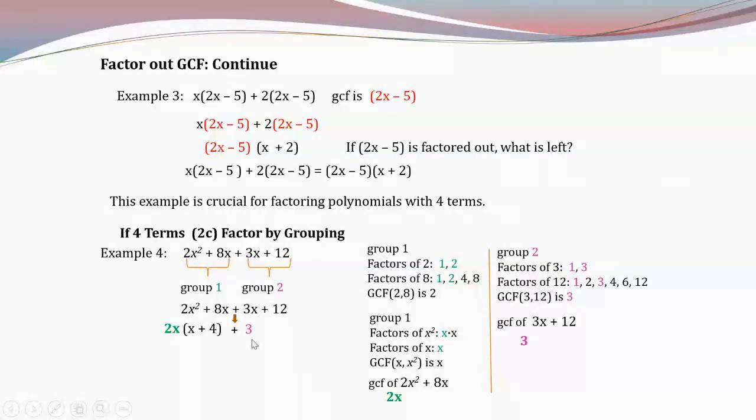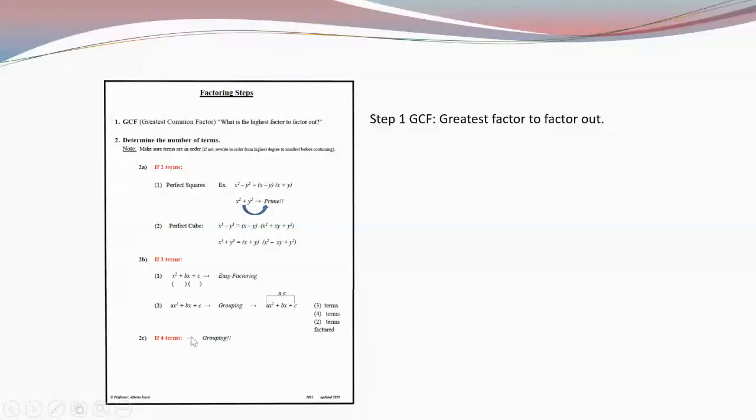Okay. Now, if you factor out a 3 on the second group, what's left? x plus 4. Now you ask yourself, what do they have in common, right? Or what's the GCF? It's going to be x plus 4. What's left? 2x plus 3. So this is the factoring by grouping. Okay. Yes, that's your answer. Okay, now you see this is if it has 4 terms, right, on the factoring steps,